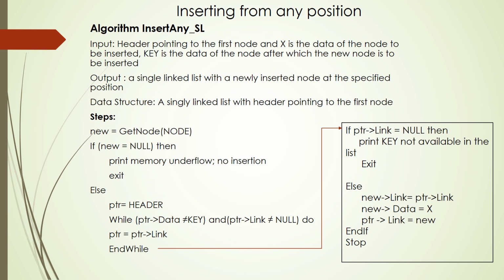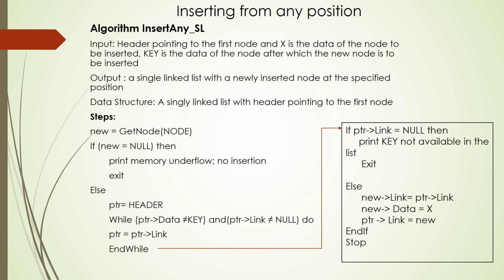Either you exit from the while loop when you have met the corresponding position, or you exit from the while loop when you have gone out of the linked list. So you advance PTR like that, and you would have come out of the loop for two reasons. Either PTR link was equal to null or PTR data was equal to key. If it is PTR link equal to null, then you will say that this corresponding data item was not found in the list and you cannot proceed with the process. We are terminating the process. You can just display an error message and leave the algorithm.